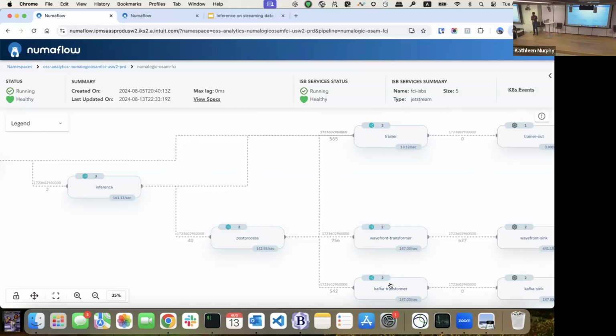At the same time, if you want to scale out, we will do it automatically based upon the processing rate. Let's say one of your vertices is only able to process 2 events, but you have 100 events available. Maybe you would want to scale up to 50. We will be able to do it, but there are resource constraints. You have resource quota constraints, but you can define the maximum up to which you want to scale. Scaling will be done automatically based on the throughput.